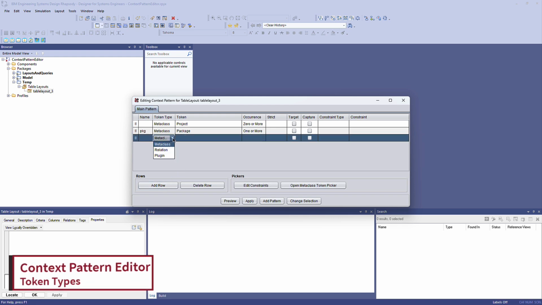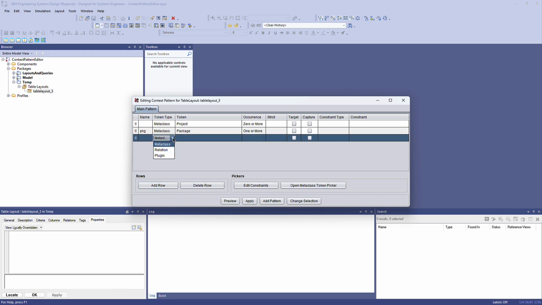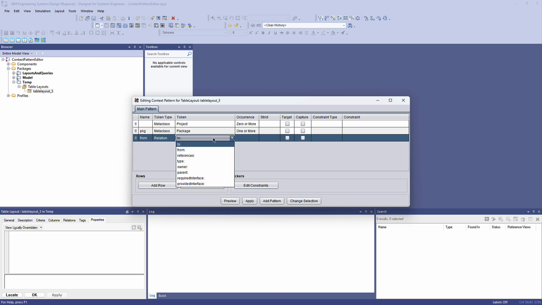Now there are three types of token that we can add. Metaclasses are base terms like package, but also new term stereotypes, all of which are read from the model, and again in properties you can customize where the tool looks for those elements. Relations are predefined context pattern tokens like from and to and references and so on. Lastly, plugin allows you to call external Java plugin helpers to perform complex processing of the model and return tokens